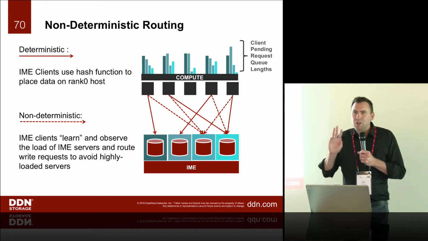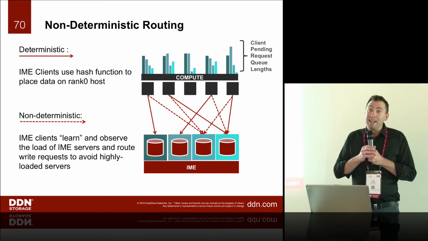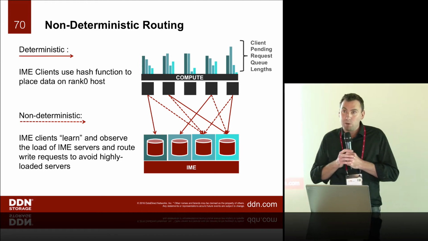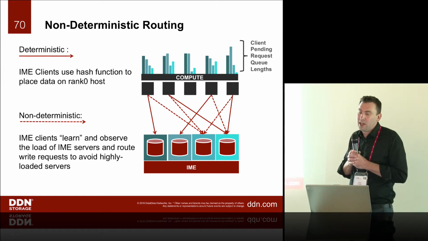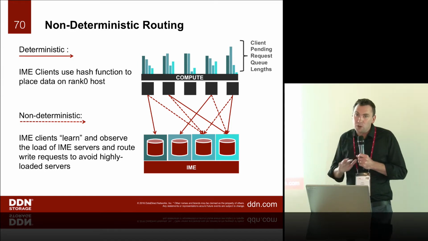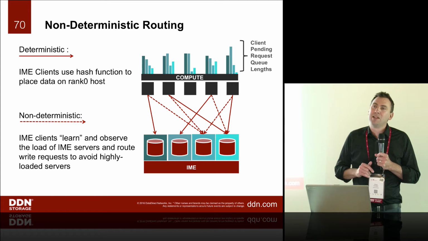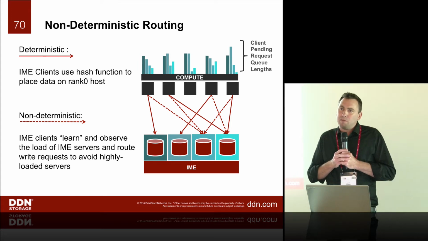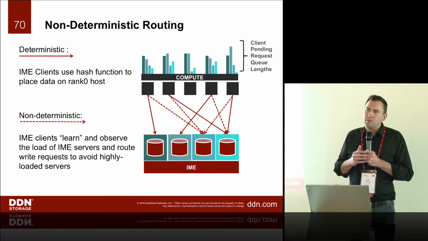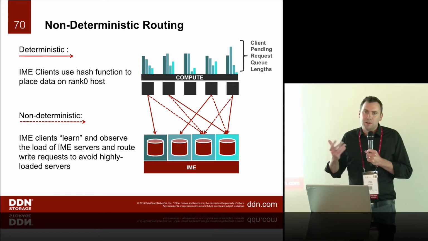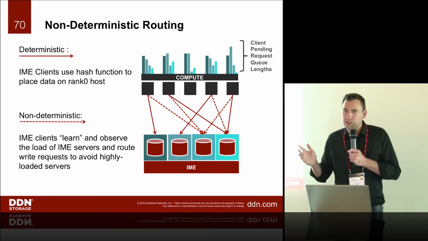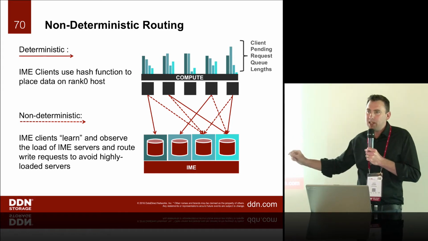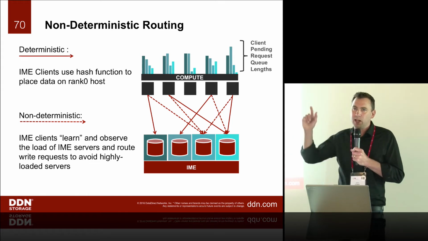I'm going to tell you maybe 3 fun things about IME, some of which I've talked about before and some of which I haven't. So this is one fun thing that you really cannot do with a parallel file system. It's called non-determinism. And the problem with conventional file systems is when you make an I/O, if you were very deep into disks and file system technology, you could predict which magnetic piece of which drive is going to get altered when the I/O hits the file